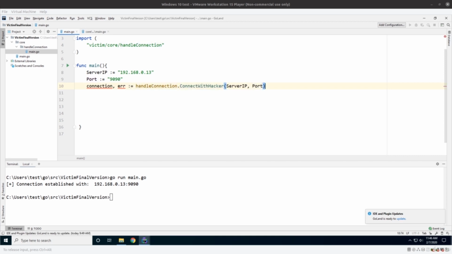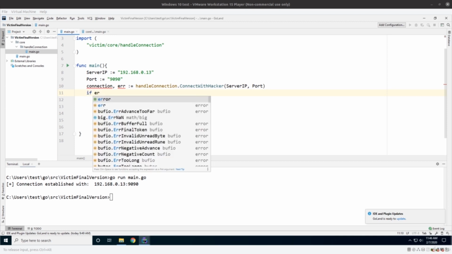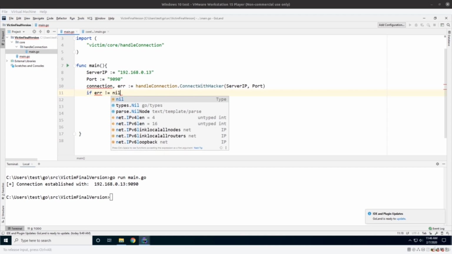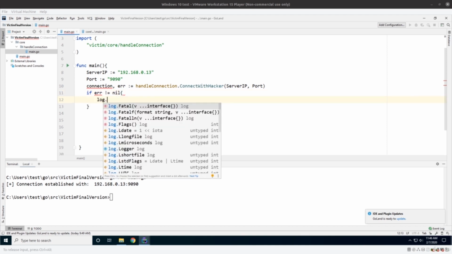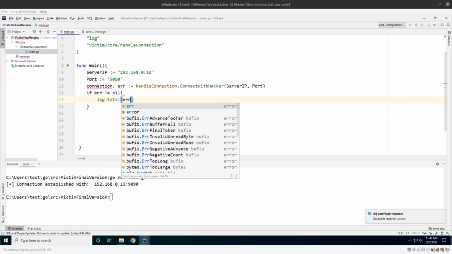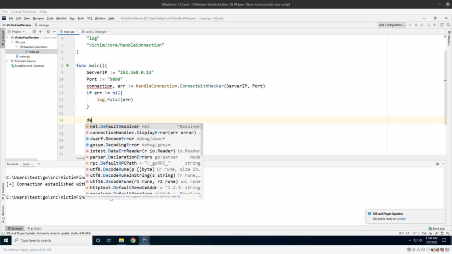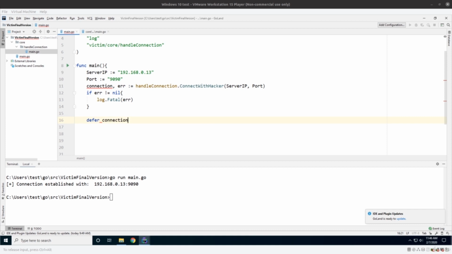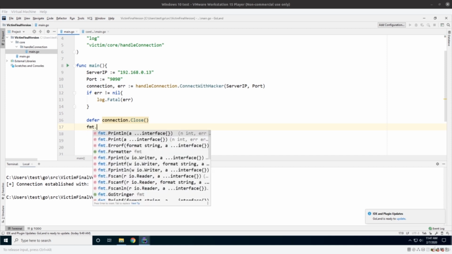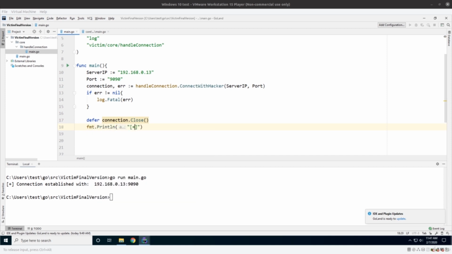Okay, next thing we just need to handle errors. If error is not equal to nil, log.fatal error, and if everything goes well, we'll just print out, but first we need to close the connection properly, and then we can print out whatever our statement is. For example, fmt.println connection established